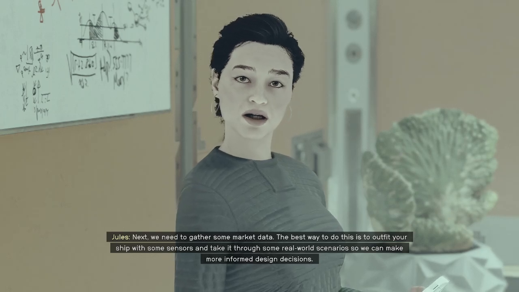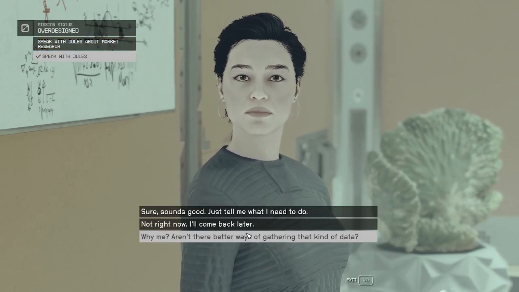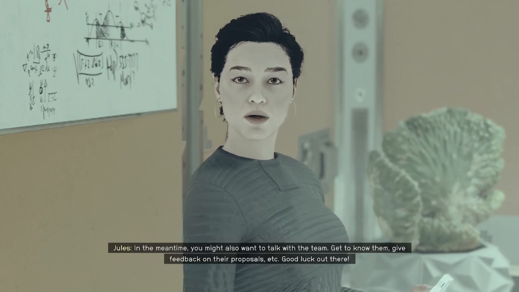Next, we need to gather some market data. The best way to do this is to outfit your ship with some sensors and take it through. Alright, sounds good. Just tell me what to do. Great. Just pick up a mission or two. If you take on a variety of them. In the meantime, you might all...